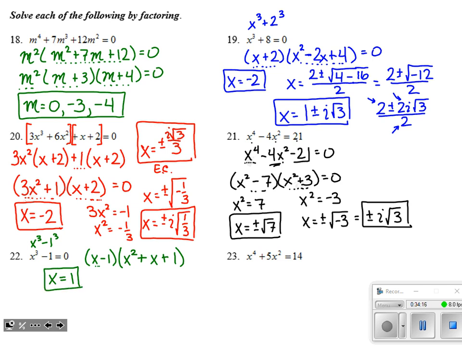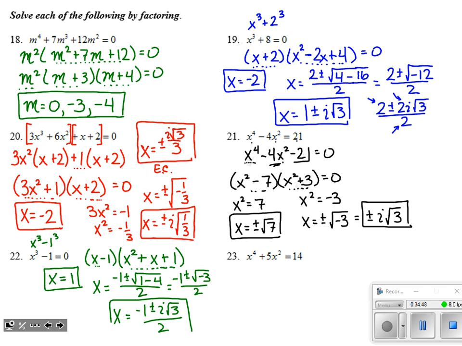And as we said in problem 19, this big factor is going to require the quadratic formula. x equals opposite of b plus or minus the square root of b squared minus 4ac all over 2a. And we've got a little bit of cleaning up to do with the radical. That's negative 1 plus or minus square root of negative 3 all over 2. To finalize this, we simply need to note that we have an imaginary number there. So i root 3 takes the place of square root negative 3, and we have our solution.